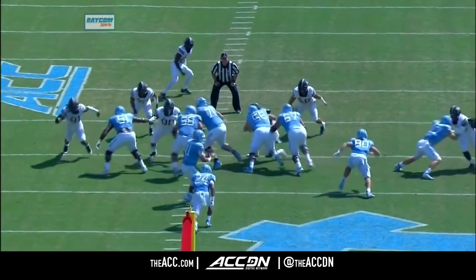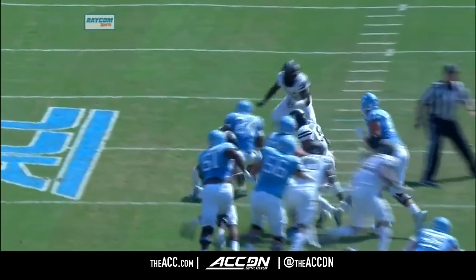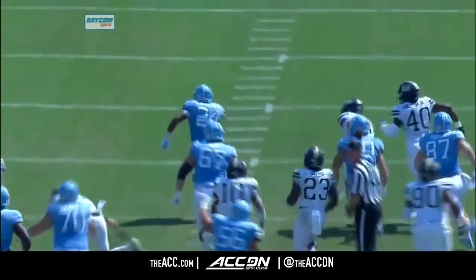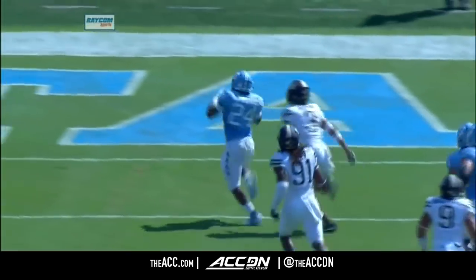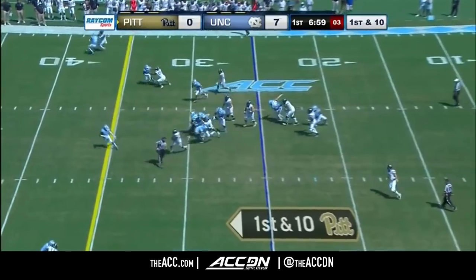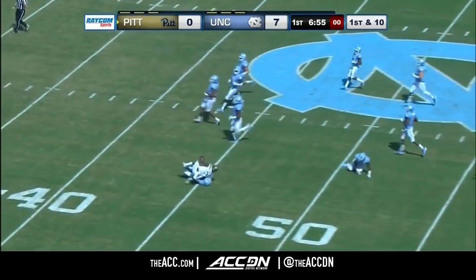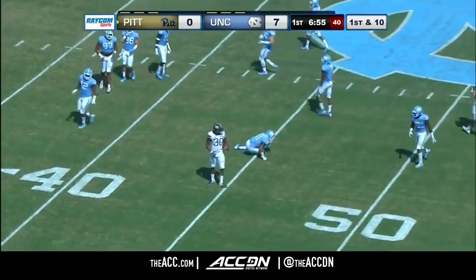Watch the left guard, going to pull around and get in front of Williams. Gets a key block right there. Watch the little sidestep now. Makes Briggs miss right there. And then Williams is off to the races. 96 yards 2 weeks ago. The 7-0 lead. Olesen, second level, up there midfield, and finally cut down on the North Carolina side of the